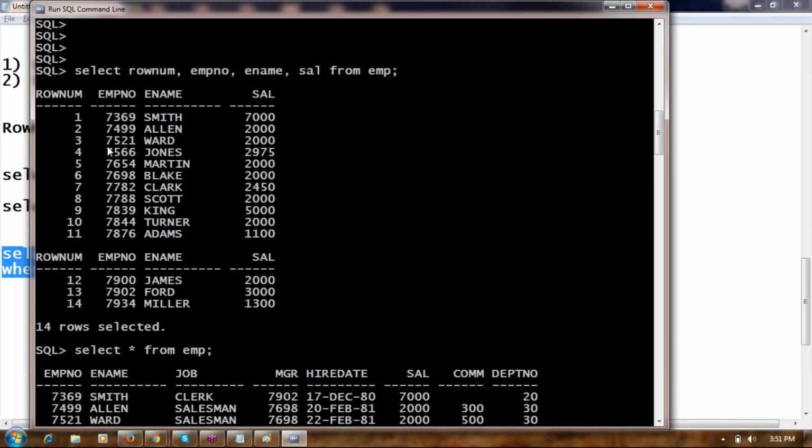They are generated at query runtime, at query execution time, in the memory, the RAM. The only column which is not permanent is row num, because its values are generated at the query execution time. Okay.